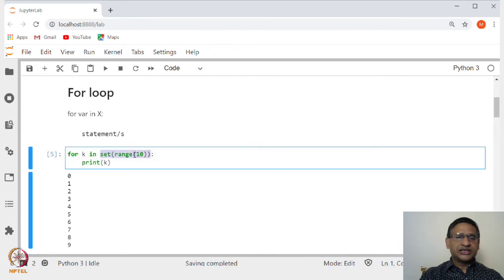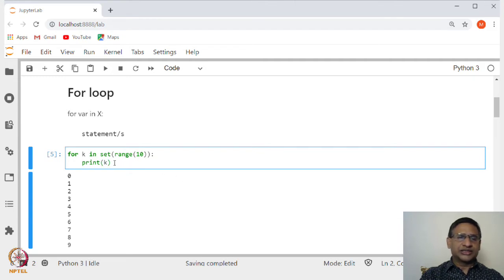Basically we will mostly have this x as a list, and we have to iterate over that list. Here we had only one statement, but you can have multiple statements which are executed.